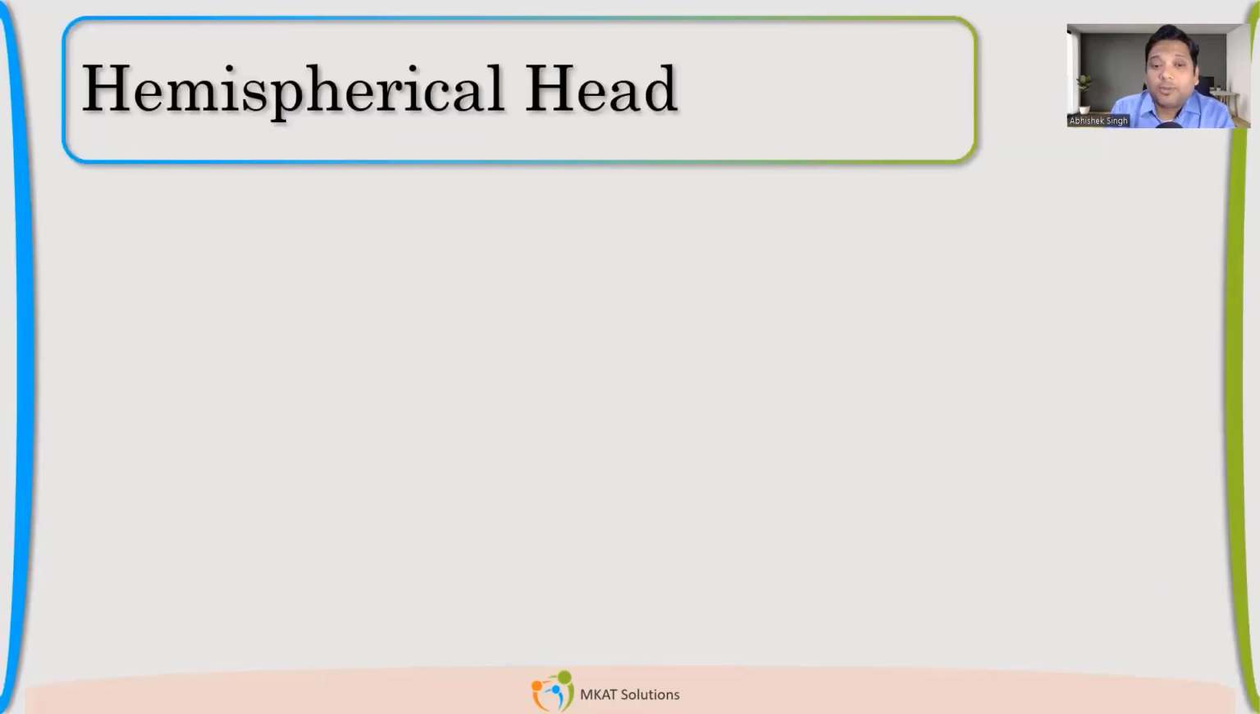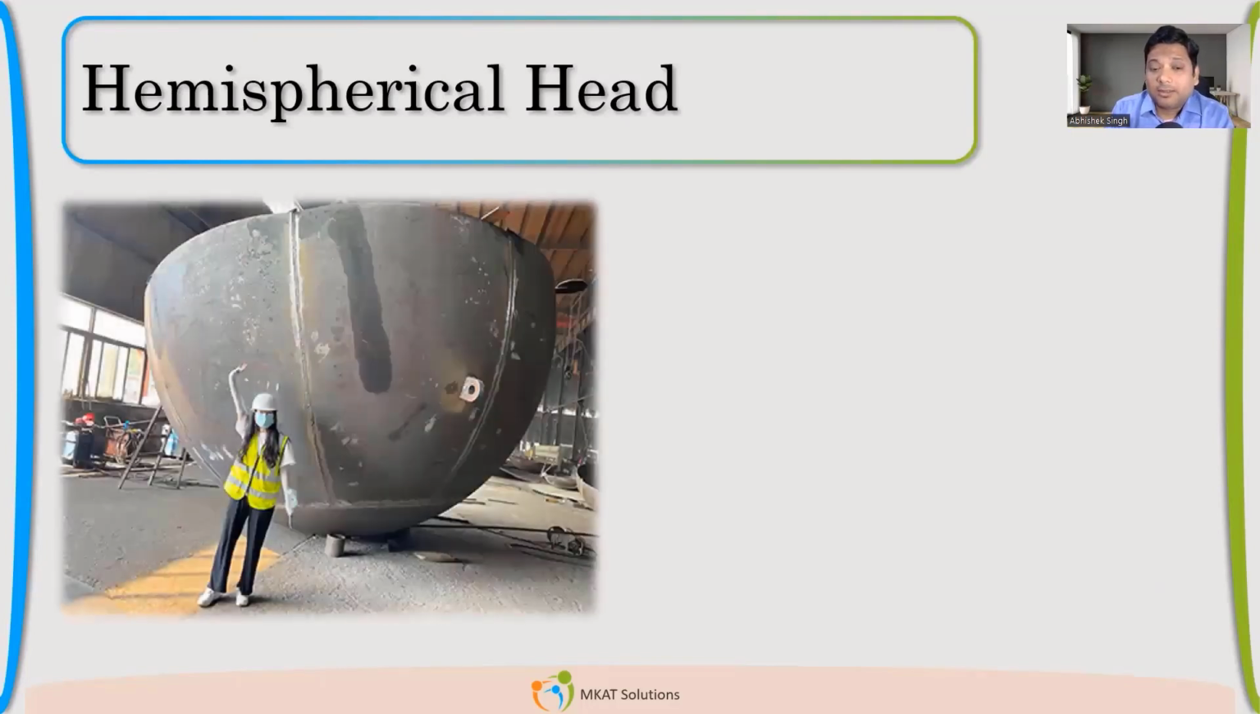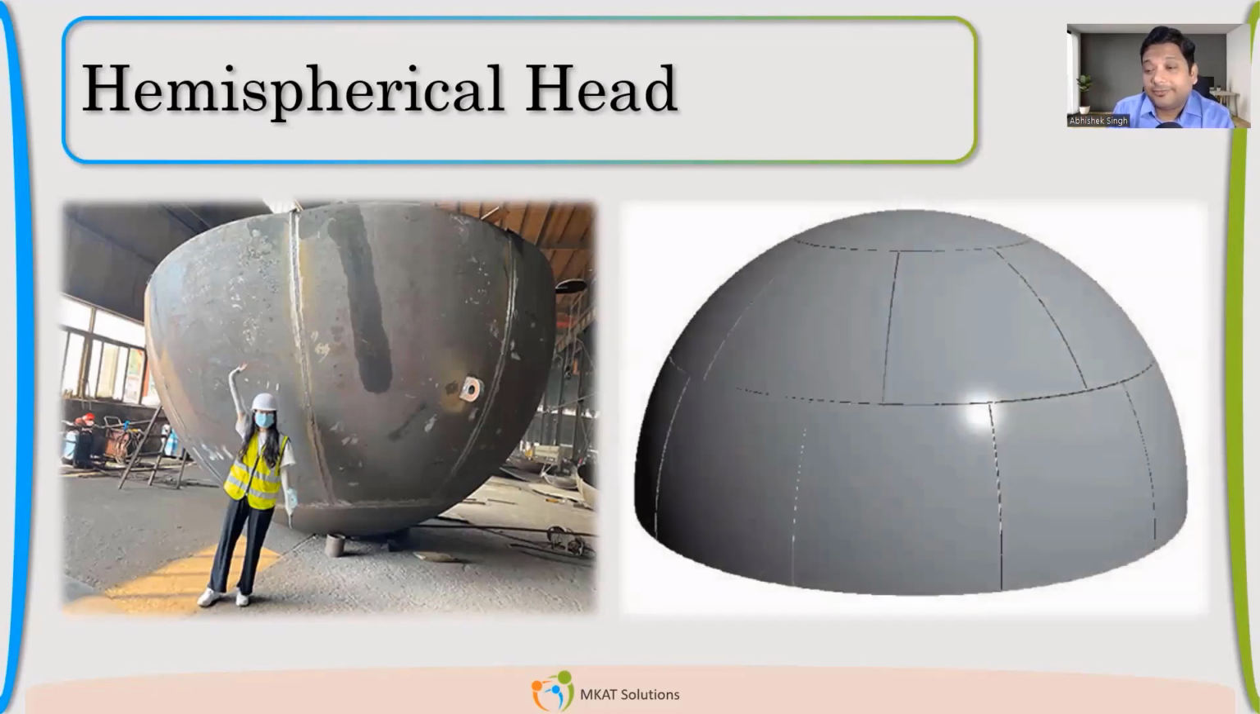Okay, so let us talk about hemispherical head. Very simple. But making a hemisphere is not that simple. We need to see, just making this by forming, it's very, very difficult. If you just want to make it completely, like we make typically a 2:1 ellipsoidal head or torispherical head, this hemispherical head is very difficult if we just try to form. So what we do